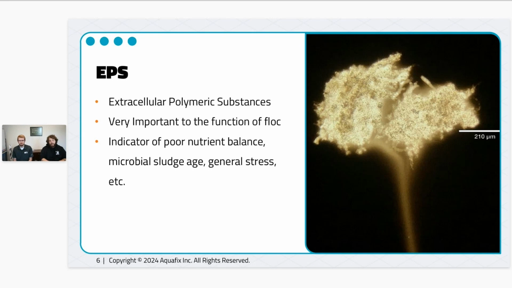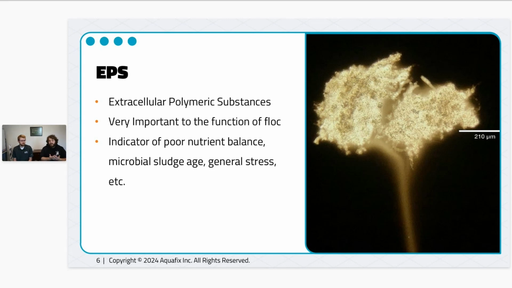One thing that we can also look at using a stain like this is you can see that streaking EPS out the bottom of the floc in that image. That's what we call diffused EPS. That is going to be an indicator that potentially you have too many polysaccharides versus proteins in your EPS. It might be shedding some EPS because it's stressed or overproducing EPS, or the quality of the EPS is a little bit off. Small amounts of diffusion is fairly normal to see in the system, but heavy diffusion can lead